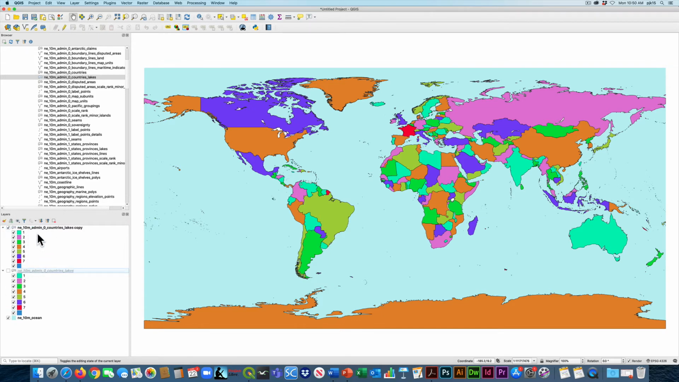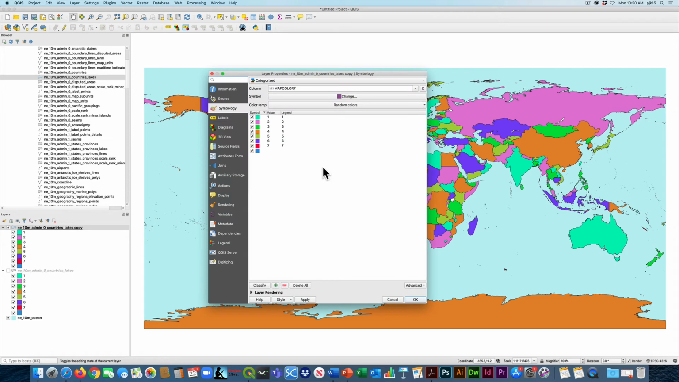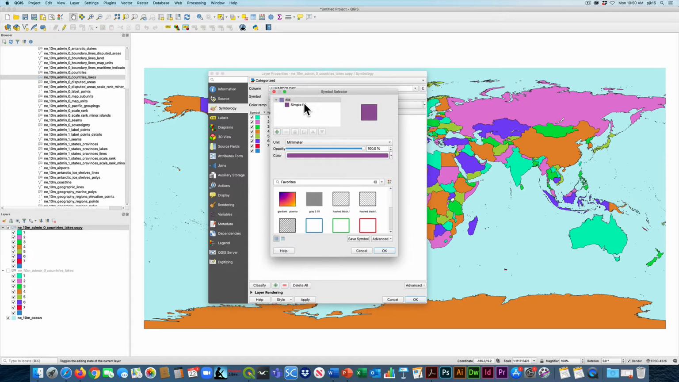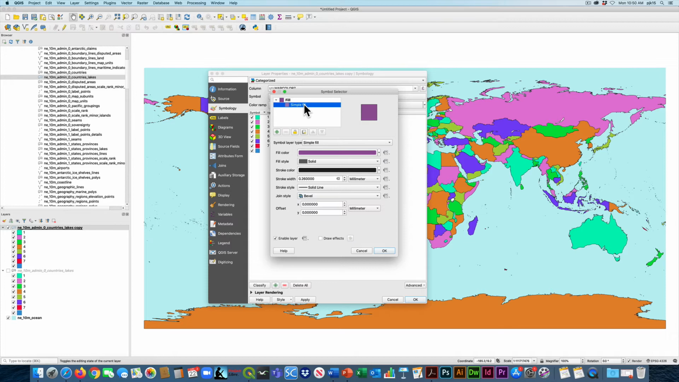And now I'm going to change the symbology on this one. So we want to use some of the same colors we see here, but we want to do that in a different way. So I'm going to right click here and go under properties. And now I still want to keep it categorized. I still want to use these basic colors, but I want to change the symbols here. So I'm going to click on change here. And for each of these,